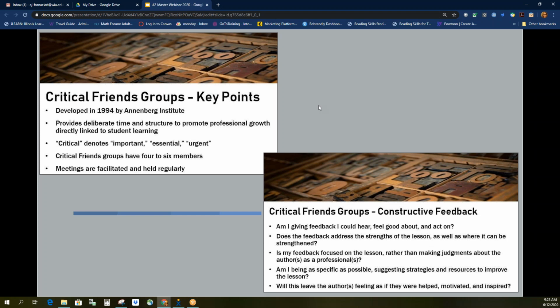For this assignment, you're going to create a plan of action for a potential critical friends group at your local program. Your plan should include a basic outline of how that collaborative group would run at your program, including details regarding size, how often would you meet, project objectives. So what are you looking to get done? And then a timeline for the group. When does it start? When does it end? And so on and so forth.